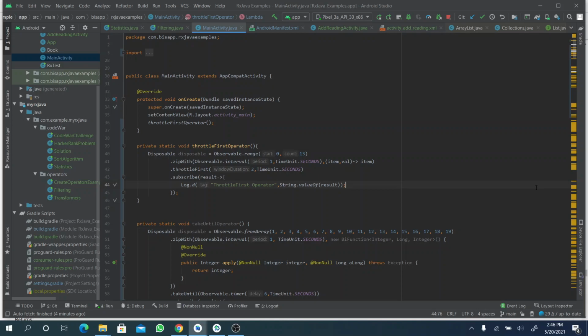But today we have a look at the throttle first operator. By the way, what is the throttle first operator? This is an operator in RxJava that allows the first item emitted by the source observable within a specific sequential time interval given. And what I mean is,